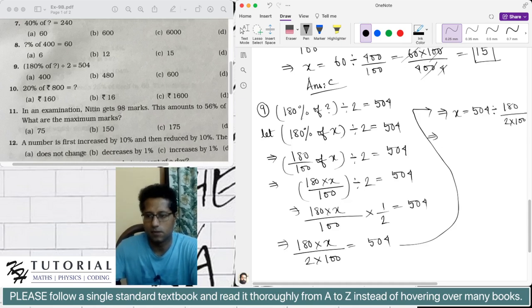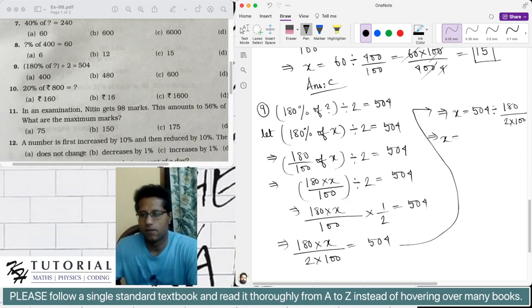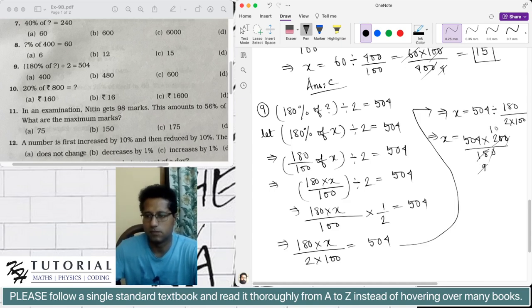This implies x is equal to 504 divided by 180 by 200, which is equal to 504 multiplied by 200 divided by 180. So after cancellation we get 0 0 and then 2 10 2, 9 and 9 divides 504